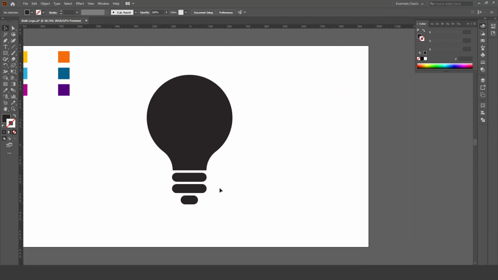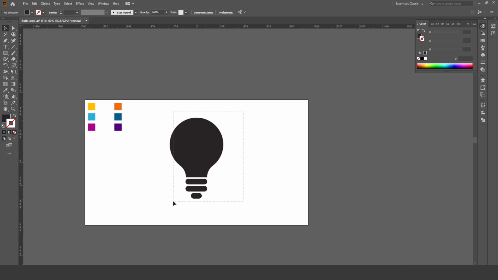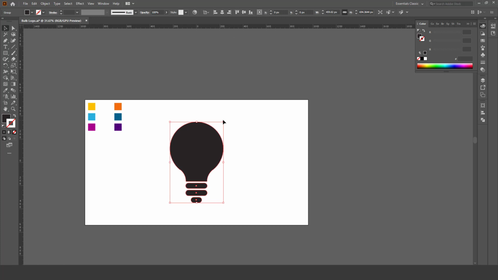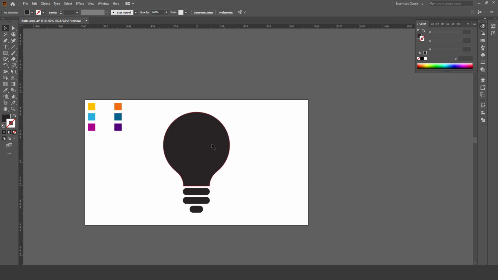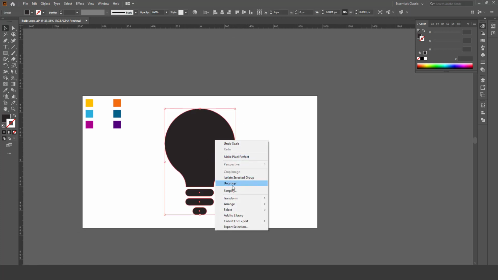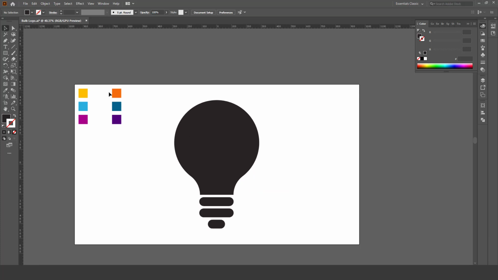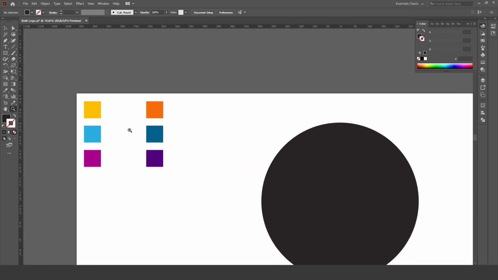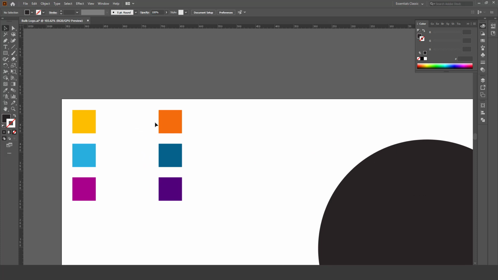Now select all three, group and make some adjustments. Select, right click. Now we have two colors for